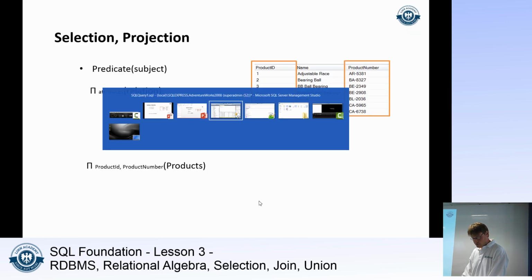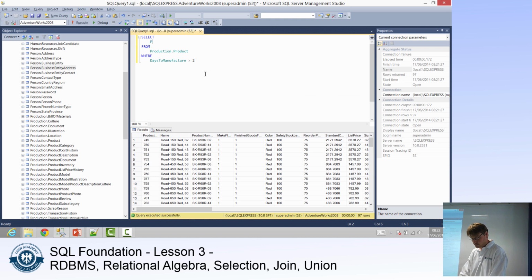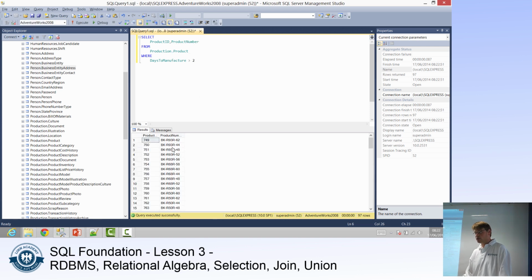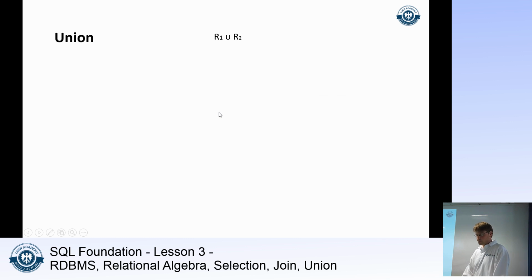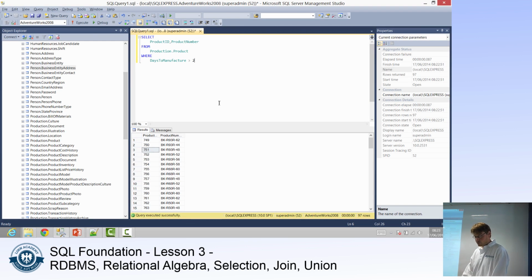Okay, so let's jump to SQL Server and limit our selection to ProductID and ProductNumber only, so we only get those 2 attributes returned. Why is it important? Well, it's important to understand how SQL Server, and any relational database management system, decompiles this query. If we then look at the next example, the union, for example, then we will notice that in order to retrieve these attributes,